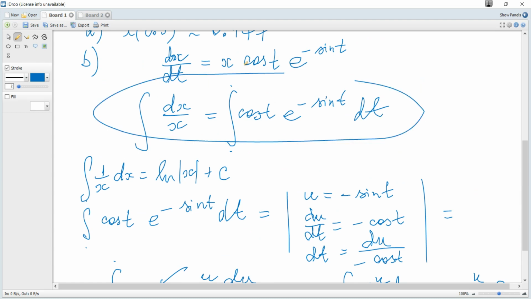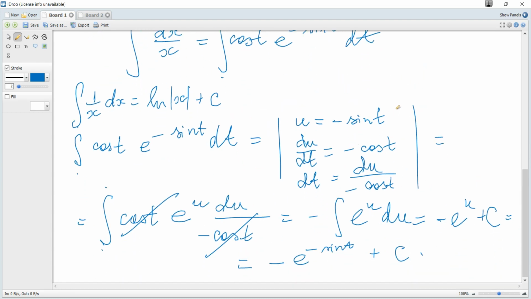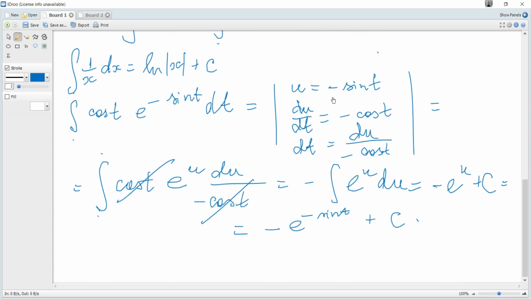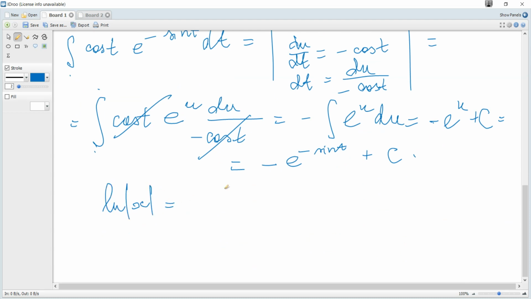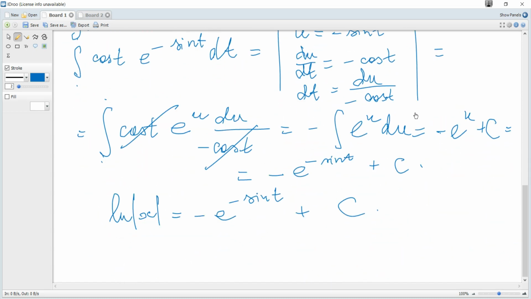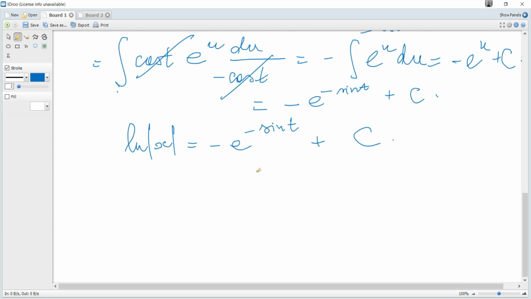So our expression becomes, notice that only one constant is enough. It's not necessary to write two constants, because if you move this constant to the right, there will be constant minus constant, which is just another constant. So it becomes ln of the absolute value of x is negative e to negative sine of t plus constant. And to find the constant, we need some point. Here, when t is 0, x is 1 over e, and you may find the constant now, or you may solve for x and then find the constant. It doesn't matter. So when x is 1 over e,